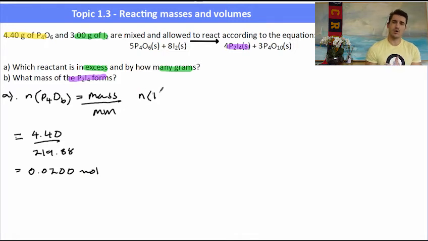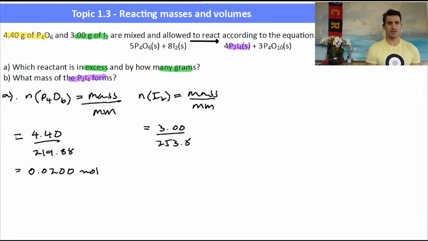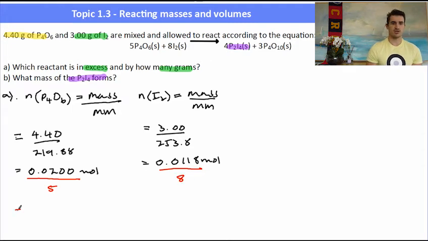Once I've got the number of moles of both, then I go on to dividing by the stoichiometric coefficient. So the number of moles of P4O6 is 0.0200. The number of moles of I2 will be 3.00 over 253.8, which gives me 0.0118 mole. Don't forget, it's not always the one that's the smallest number. So I need to divide both of them by their coefficients. So I divide the P4O6 by 5, the I2 by 8,